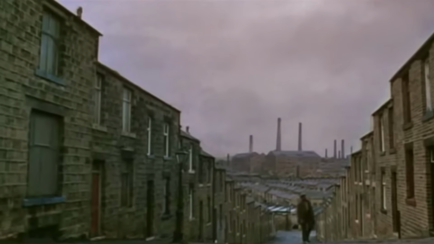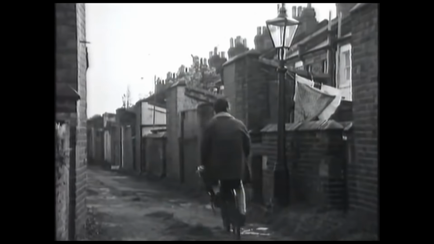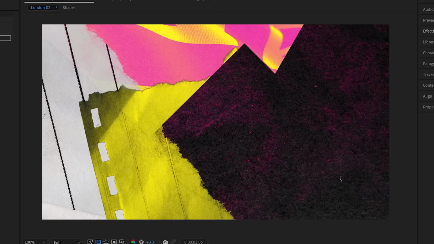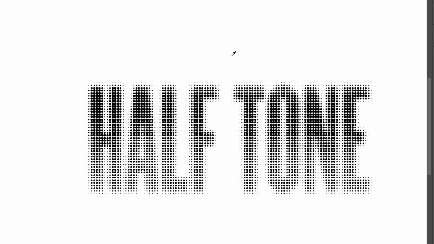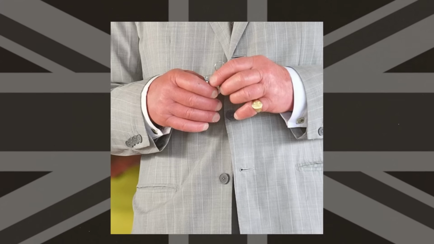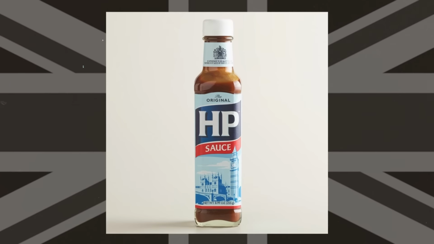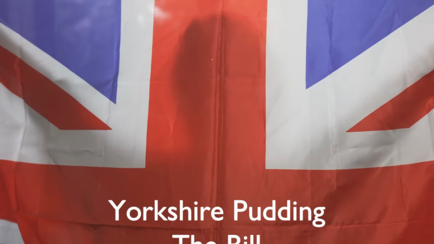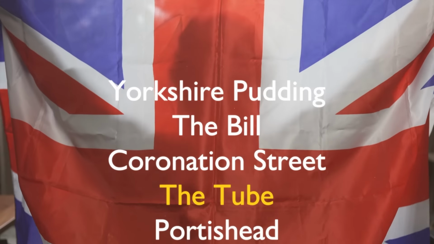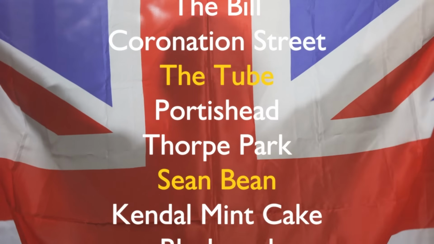So I wanted to sneak in some iconic British imagery that is relevant and relatable to the lives and culture of Britain today. On screen, in this textured chaos for just a few frames, with some half-tone texture of their own to add to that gritty punk attitude. Iconic British things like His Majesty the King, HP sauce, and the contents of the British Museum. Wait, that's not British. I'll just use beans on toast, which only looks like a crime scene. Other uniquely British concepts I didn't have the space to include: the tube, Sean Bean, and crisps.